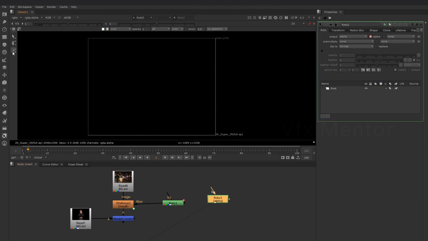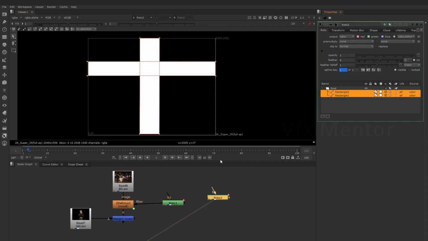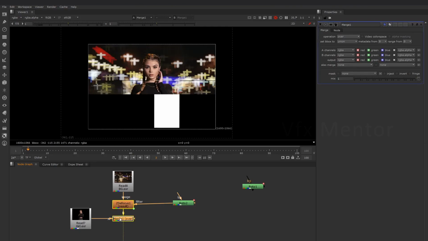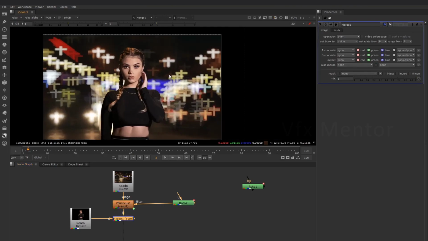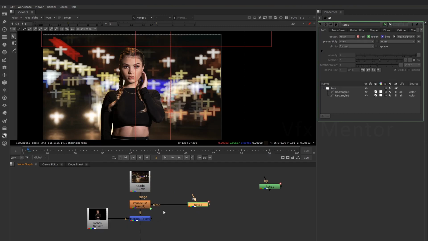Here, I will draw a quick shape, set the output to RGBA and connect this one to this one. So you can see we are getting a cross or plus symbol as our bokeh. So whatever shape you connect here, the highlights and lights will become like this shape.